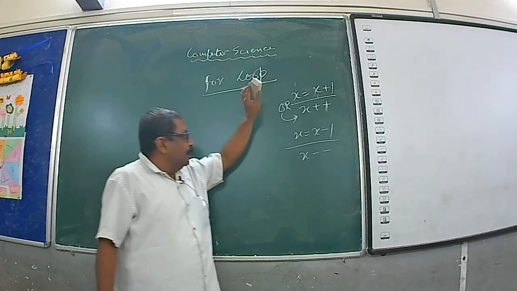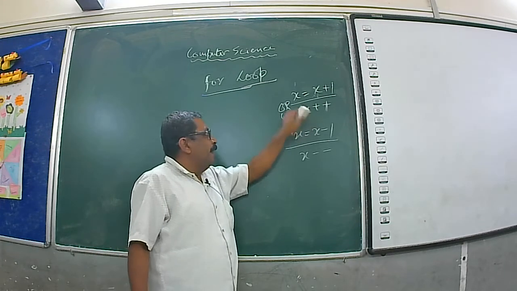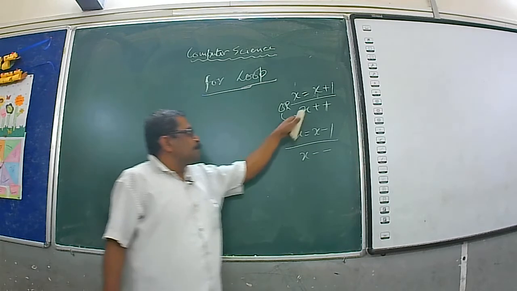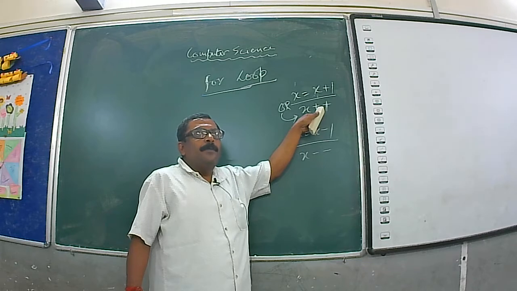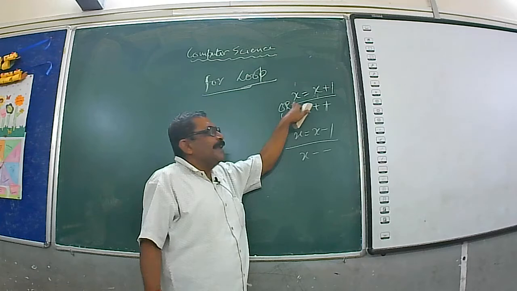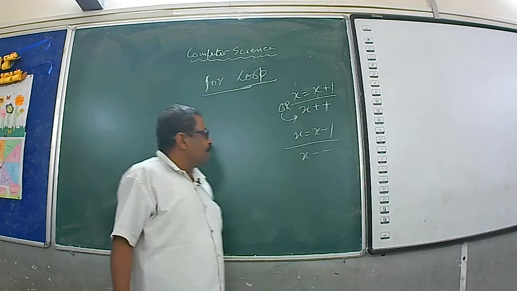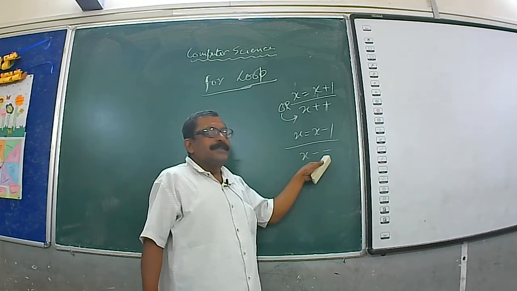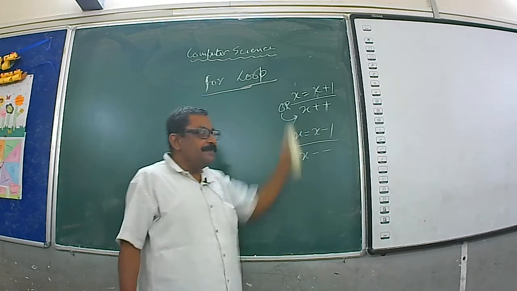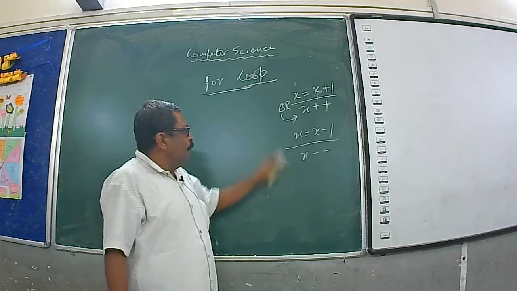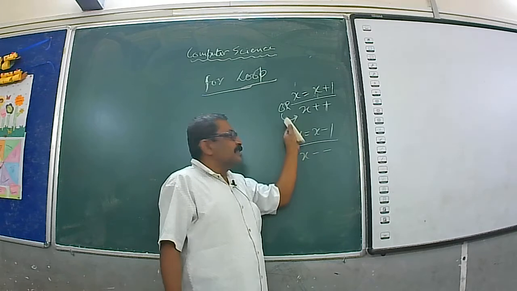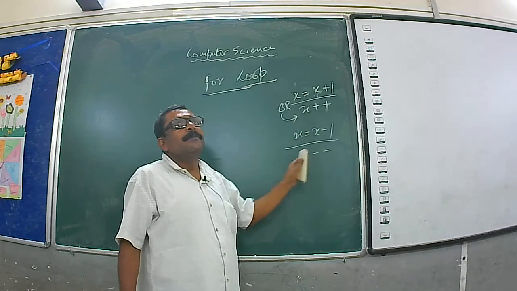Just explain what is the use of x plus plus and what is the use of x minus minus. X plus plus means the value of x will be incremented by 1. That means if we simplify the statement, x is equal to x plus 1. X minus minus, the same thing, x is equal to x minus 1. Only the operator has been changed, purpose are same, one is incremented, another is decremented. Increment x plus plus, decrement x minus minus.